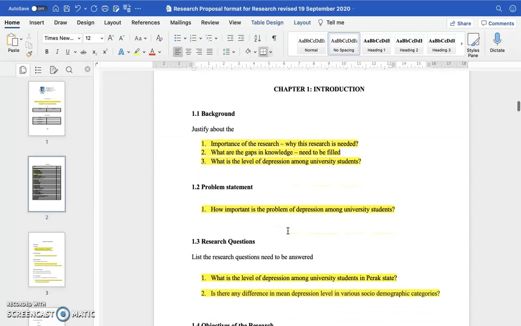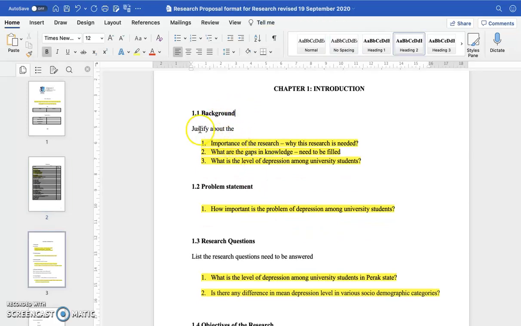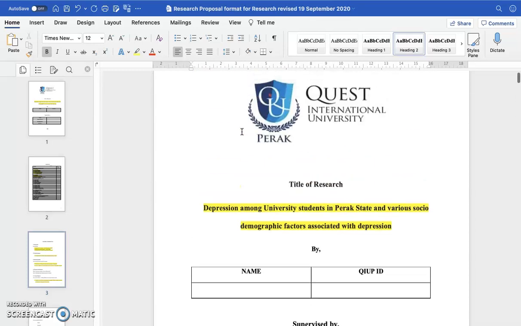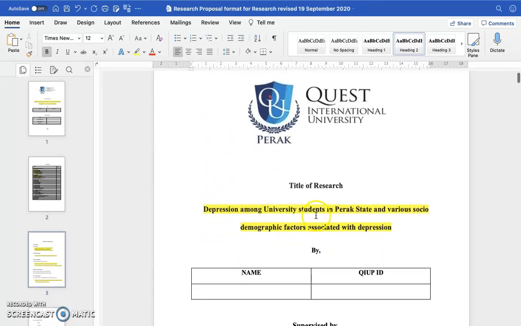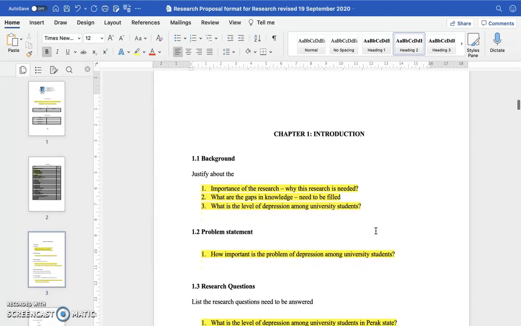Chapter 1, Introduction. Introduction will have background. Background means we have to justify about the importance of the research. For this example, it is depression among university students in Perak State and various socio-demographic factors associated with depression. Okay, so we have to justify the importance of the research. Why this research is needed. How you will